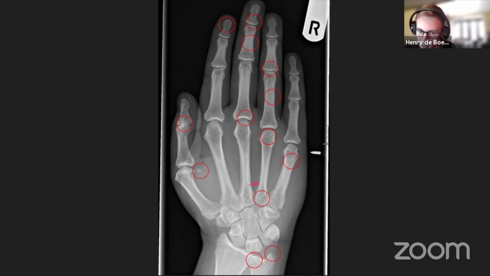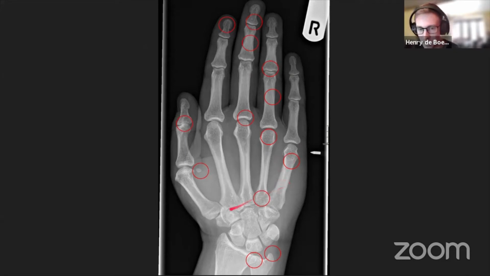And then we've got the metacarpals. So one for thumb metacarpal, index finger, middle finger, ring finger, and little finger. And when we're talking about the hand and the wrist and anatomy, it's really important that we don't use the terms first metacarpal or first finger, because that can be a bit confusing. Some people will go, well, is the thumb the first finger or is the index finger the first finger? So I would always advocate using thumb, index, middle, ring, and little finger when talking and describing hand and wrist